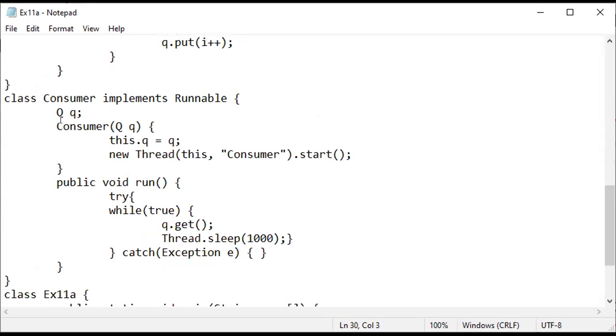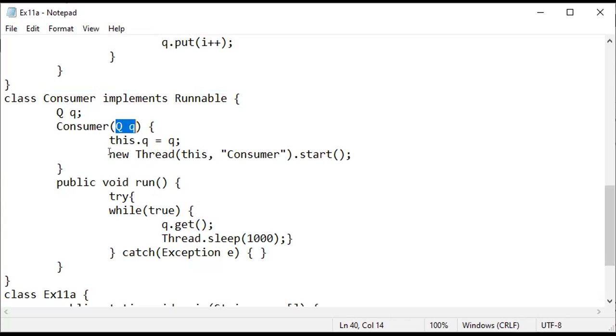The consumer class also implements the Runnable interface, and its constructor takes the object of the Q class to access the get method, to consume the item produced by the producer process.